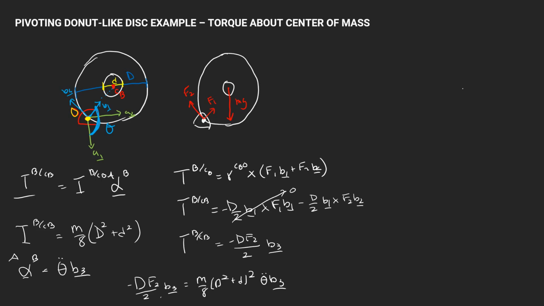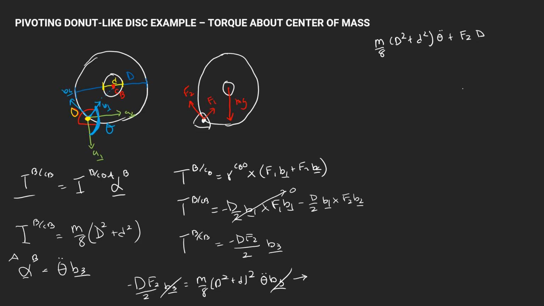And so we can get rid of this B3 term. What we're left with is m over 8 D squared plus little d squared, times theta double dot, plus F2 times D